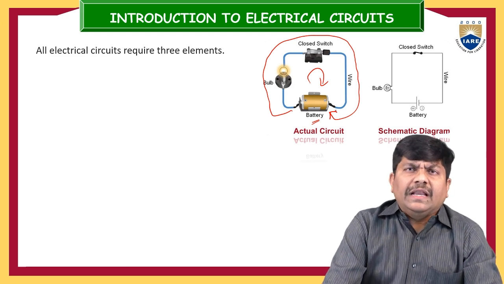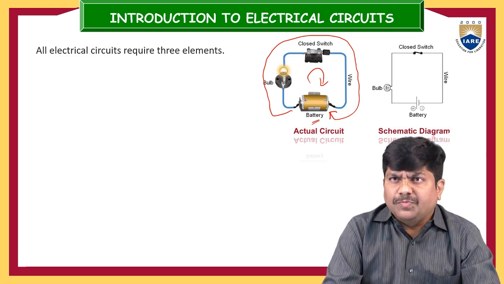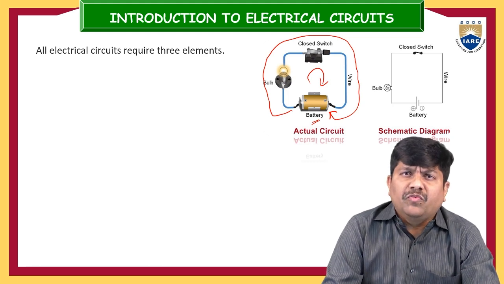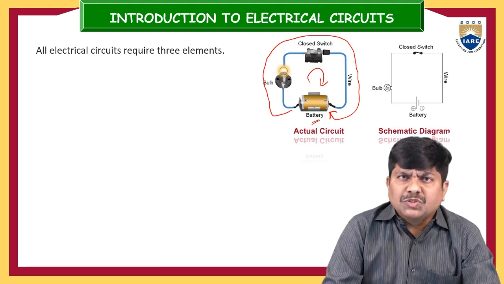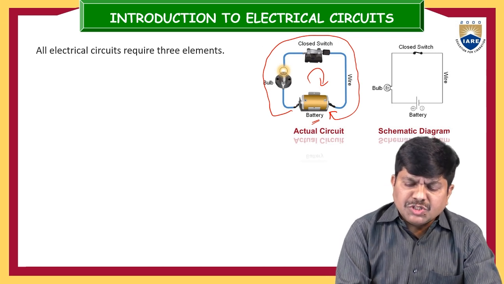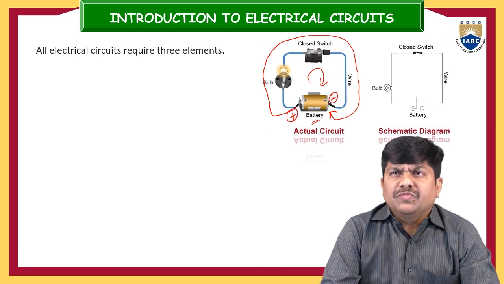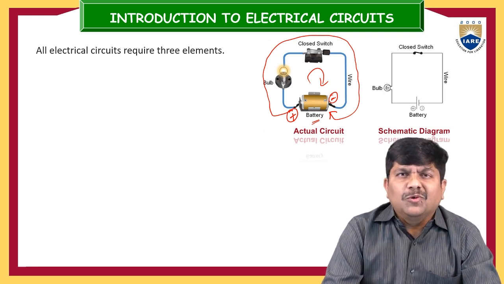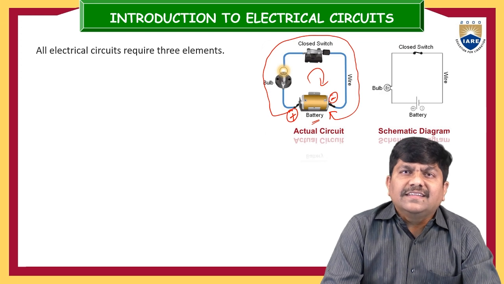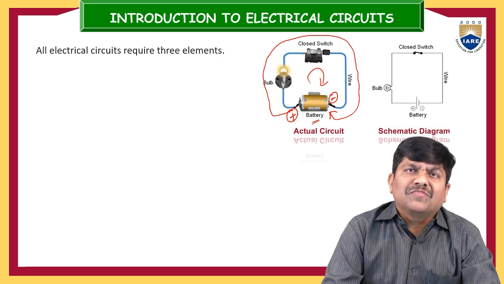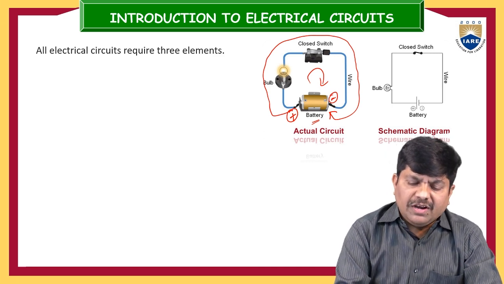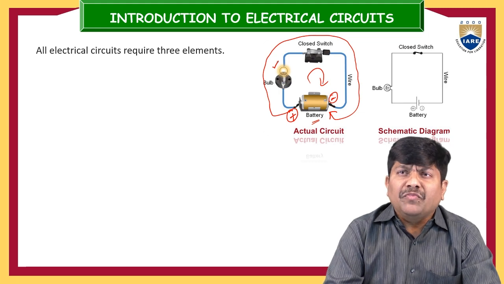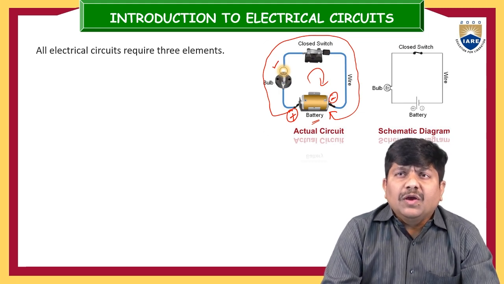Generally, the battery will exert some amount of force on the charged particles from the positive terminal to the negative terminal. It was assumed that this is the positive terminal and this is the negative terminal of the battery. Once the battery is able to find a closed path, it will exert some amount of force on the charged particles. Once the charged particles start moving from the positive terminal of the battery, our light will be illuminated, provided that the battery finds a closed path.